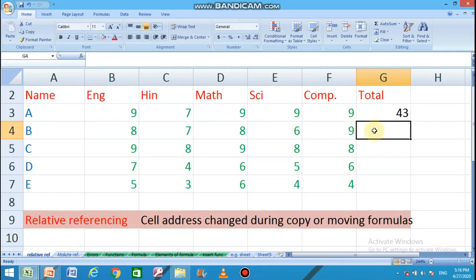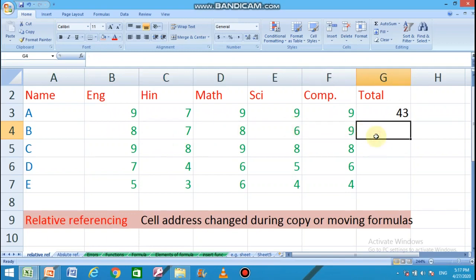Now let us find the total of the second student. Here we have to type the same formula, the only difference being that the values are in B4, C4, D4, E4 and F4.